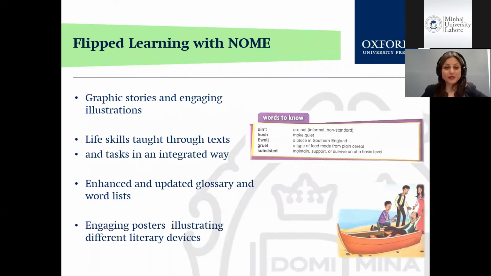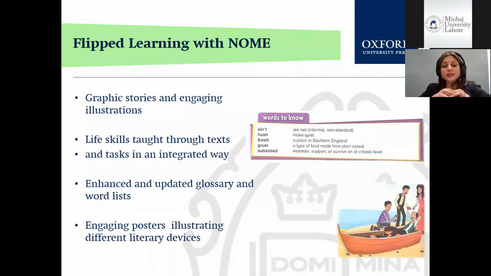You also teach New Oxford Modern English. I want to talk about how the flip learning method can be used with this book as well. So you've got, instead of giving them, ये जो screen पे आपको नजर आ रहा है, words to know: ain't, hush, then there is a place, then there's gruel, then there's subsisted. Now the thing is with this,